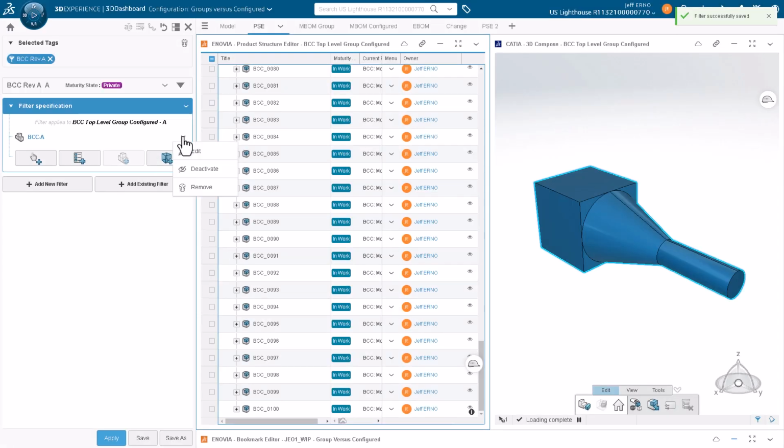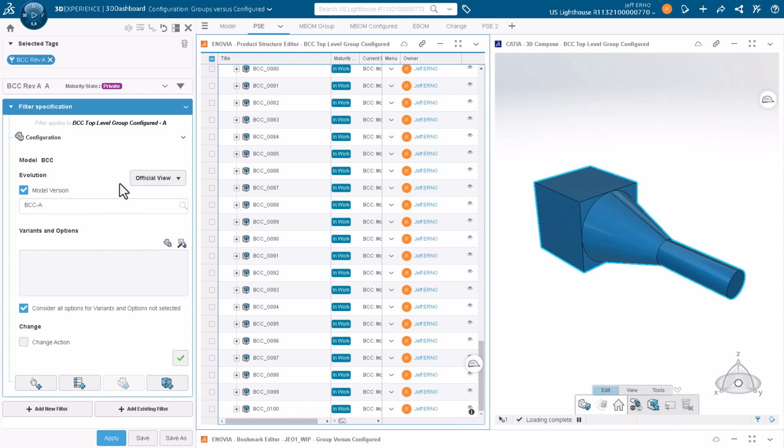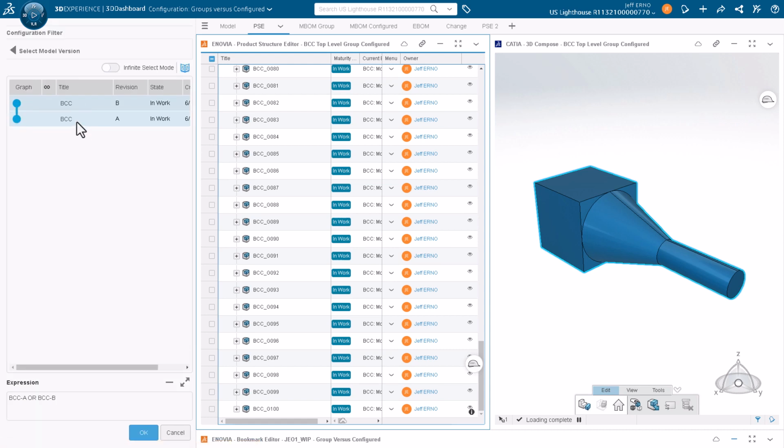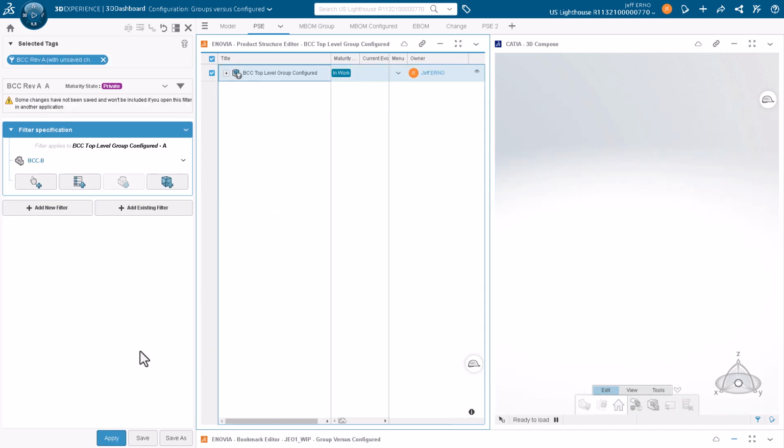The next thing I'm going to do is create and edit this filter. And I want another one now that is for Rev B. But in order to do it in its reviewed state, we've got Rev B, I want to know the projected view of it, which is what it will look like if all of the ongoing changes are approved. And you'll see how this is more important later. And once again, I want this to be considering all of the variants. Now, this is going to be an interesting piece here. Now, if I apply this,